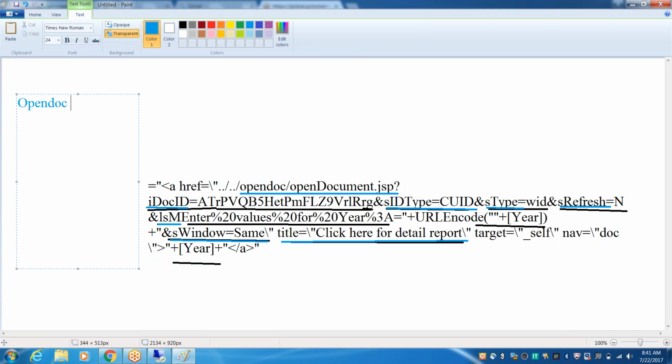Which we can call opendoc reports, or you can say hyperlinking reports, or you can say linking reports. Okay, or you can say summary detailed reports, or you can say jumping reports.